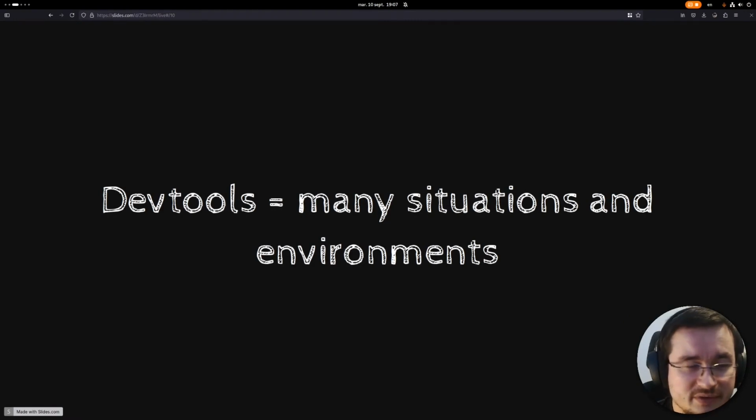DevTools is a tricky thing to solve because a user application can be in any kind of different situations, and the development involves a lot of different environments like the browser or the Node.js server where you have the Vite server, or an extension or a standalone application. So that's a lot of different environments. To make sure that every kind of situation is supported is a little bit tricky, and the new SDK is going to help a lot with that.